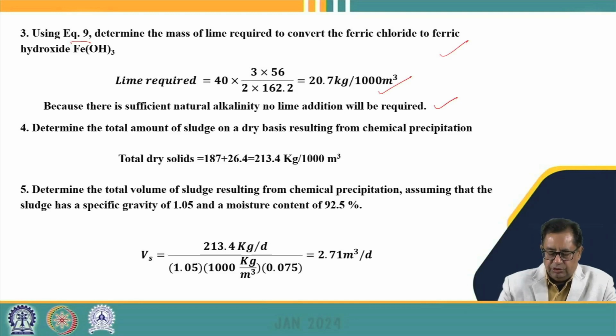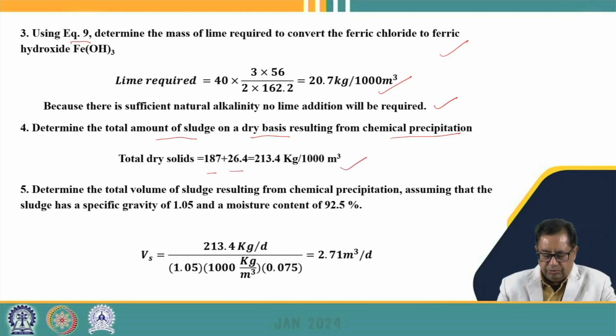So now based on this we can calculate the amount of sludge that is generated on dry basis, which results from the chemical precipitation. So the total dry solids comes out to be 187 plus 26.4, that is 213.4 kgs per 1000 cubic meter. And we can also